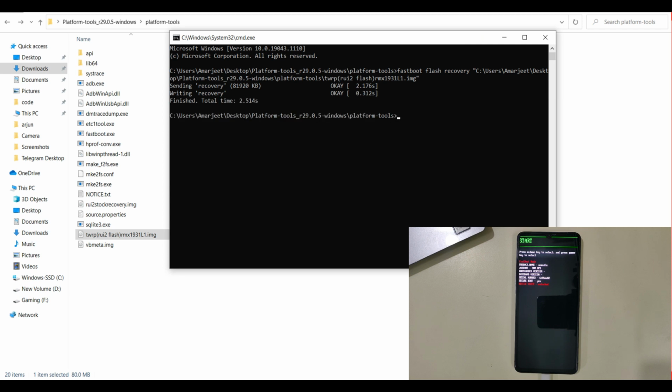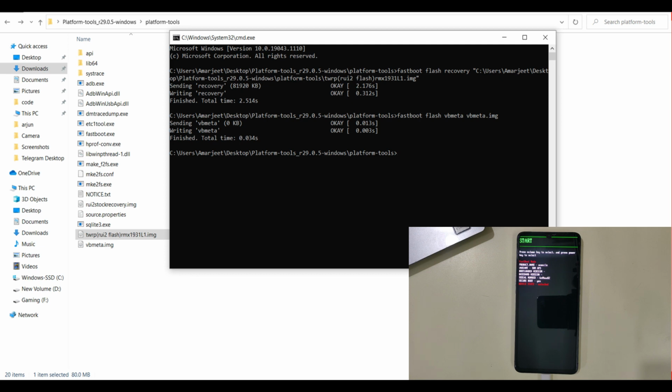As you can see, our recovery is now done. Now we will flash VB-Meta. For that we will write fastboot flash VB-Meta space VB-Meta.img and just press enter. Now our TWRP and VB-Meta are both installed.